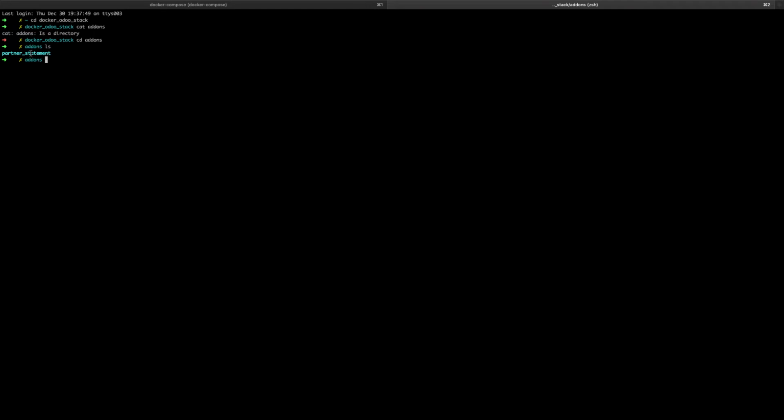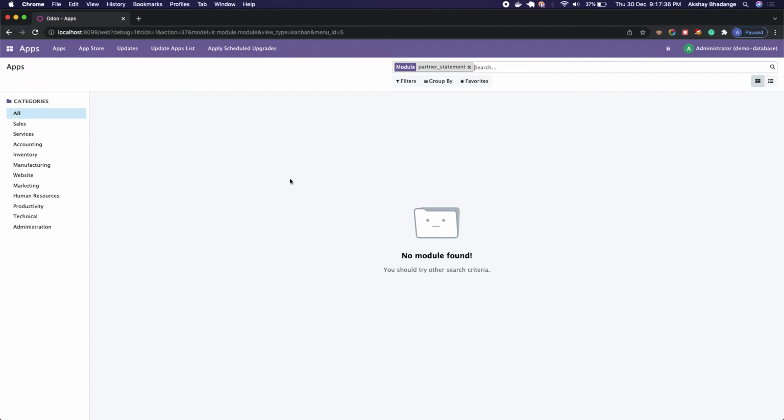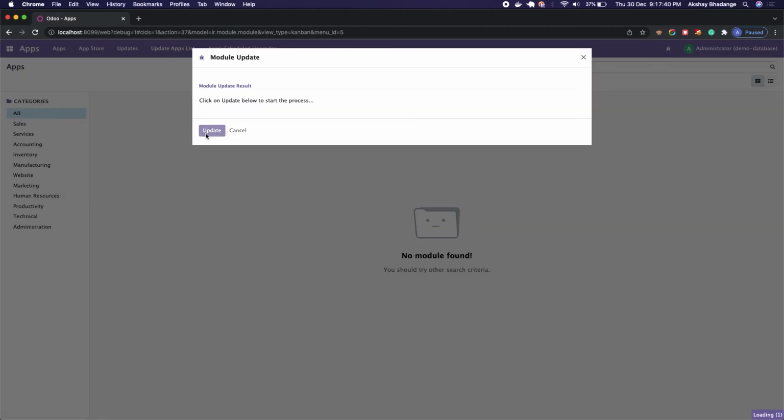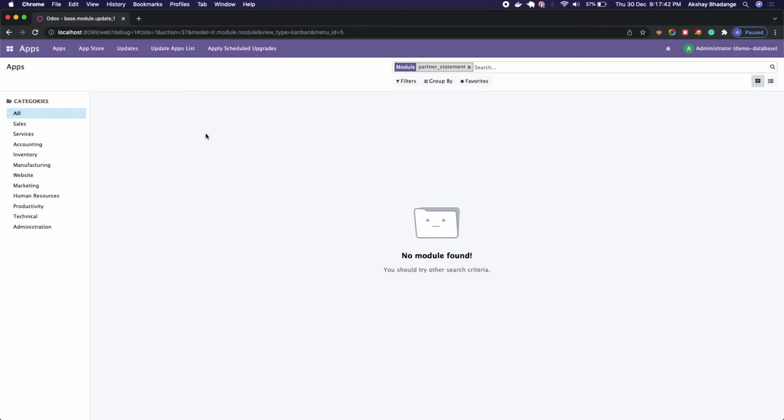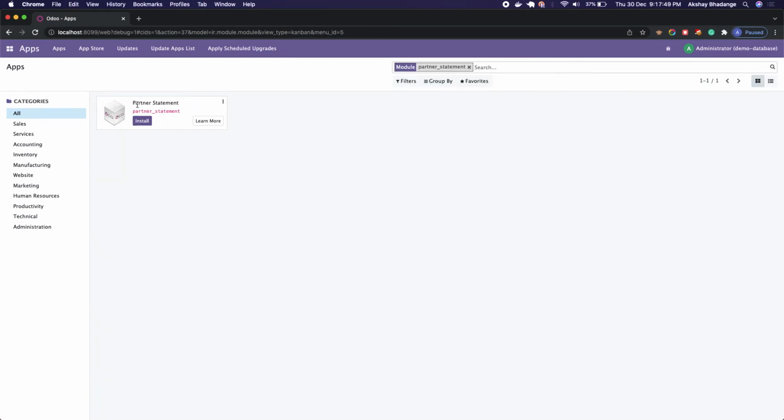Okay, so this is our module name, partner statement. This is not visible because I have to update my app list on my machine. Cool. Our app list is updated now. Now here you can see our custom add-on is now available.